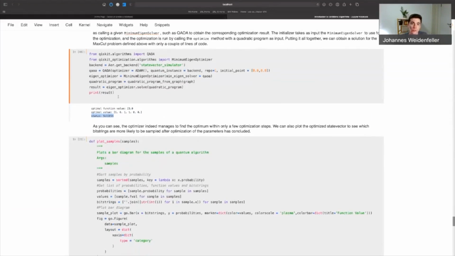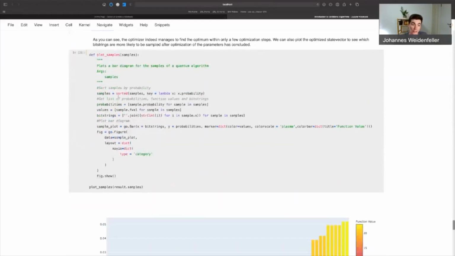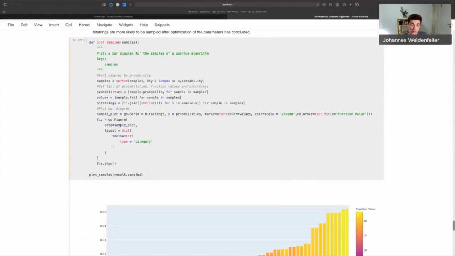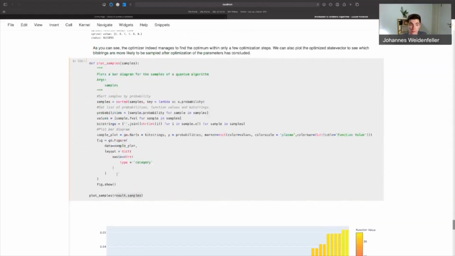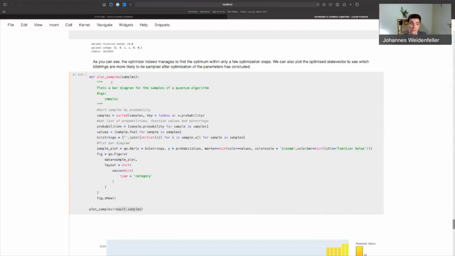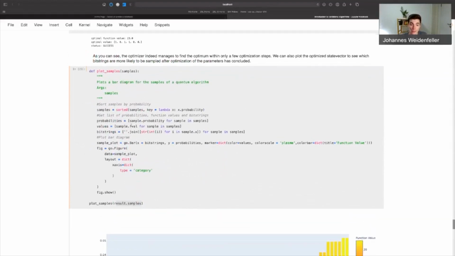The result object also has a property that gives us the final samples that were obtained from running the algorithm. We can obtain these samples by calling result.samples, and we can use the function that is defined here to plot these samples as a histogram.